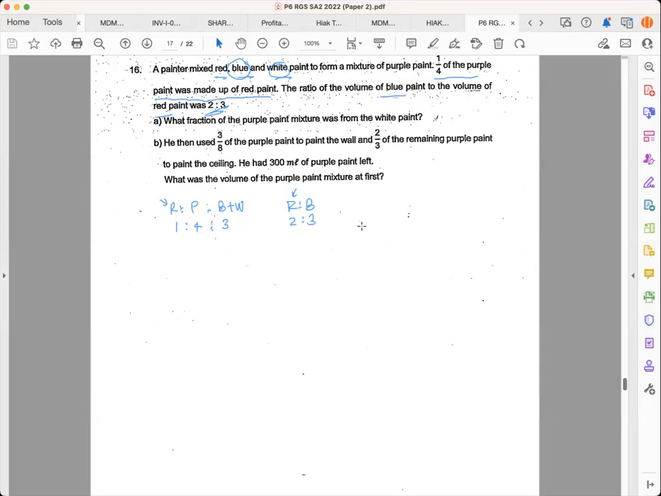Sorry, I made a mistake. The ratio of the blue to the red is 2:3. So it shouldn't be that blue is 2, red is 3... Blue is 2, red is 3. All right. So now we see that